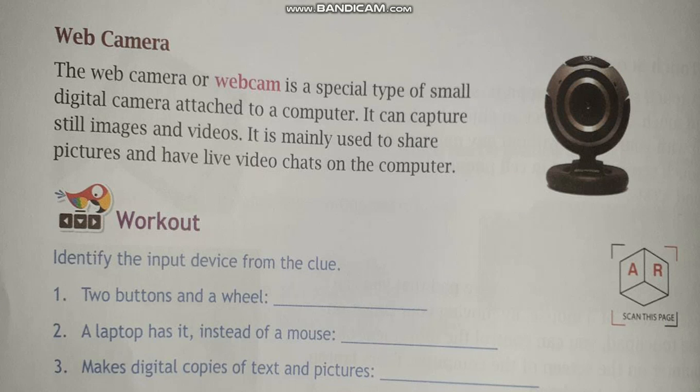Now next one is workout. Identify the input device from the clue. First one, two buttons and a wheel, so it is mouse. Then after second one, a laptop has it instead of mouse, so the answer is touchpad. Third one, make digital copies of text and pictures, so it is scanner. Now